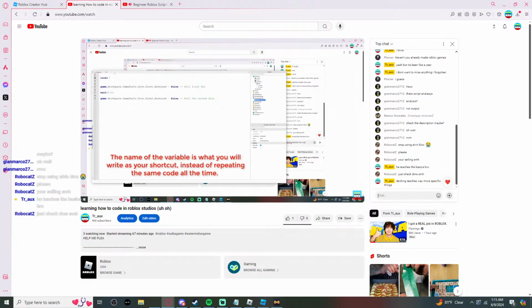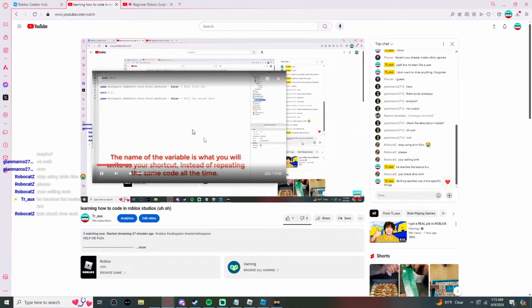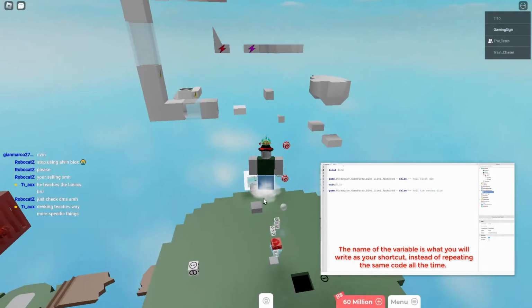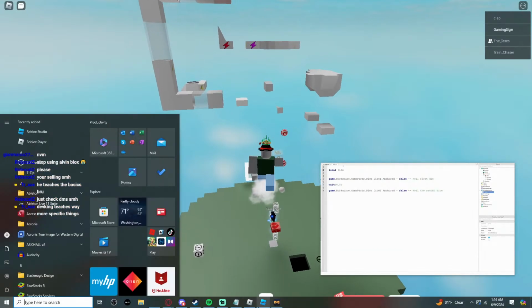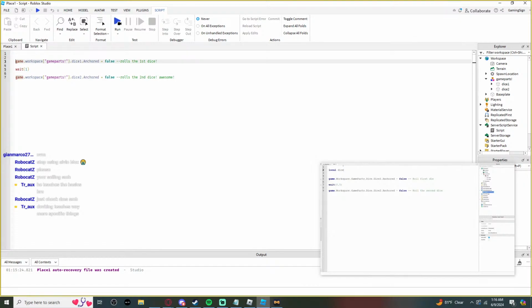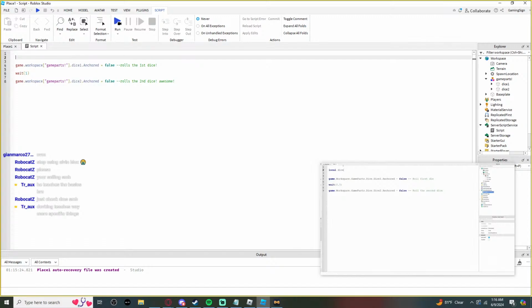So I'm going to call my variable dice, okay? And so I've given it a name, and now I need to give my dice, a variable, a value. So this dice name is going to be equal to a value. It's going to hold some information. So think of it like a storage box, and then you put the information inside of it, okay? So dice is equal to